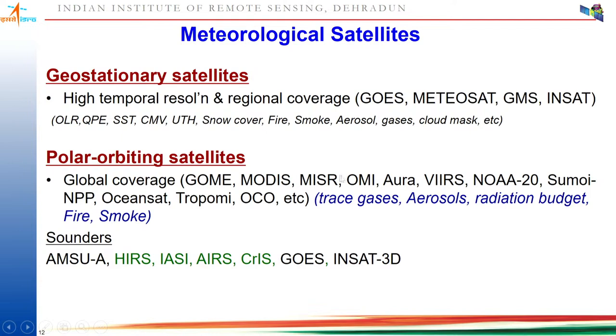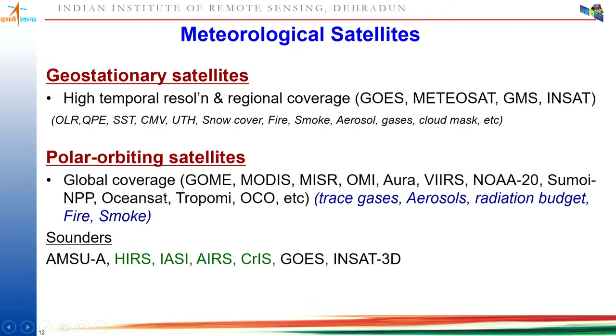So these are the names of the sensors: Aura, VIIRS, Nova 20s, Suomi NPP, OceanSat, Tropomi, OCO, that is the Orbiting Carbon Observatory. These can measure different trace gases, aerosols, the radiation budget, fire occurrences, smoke, and so on. Also, these measure